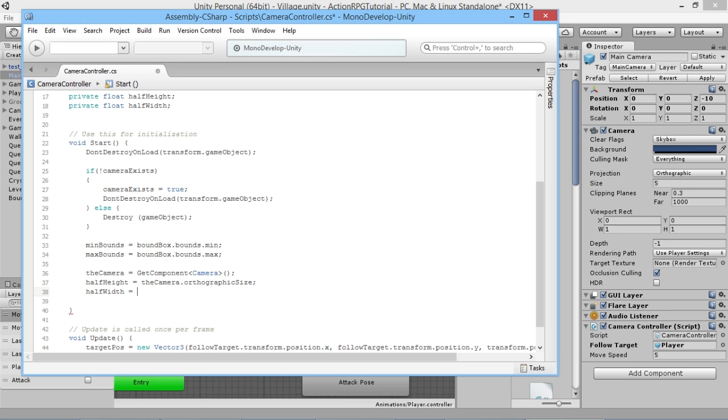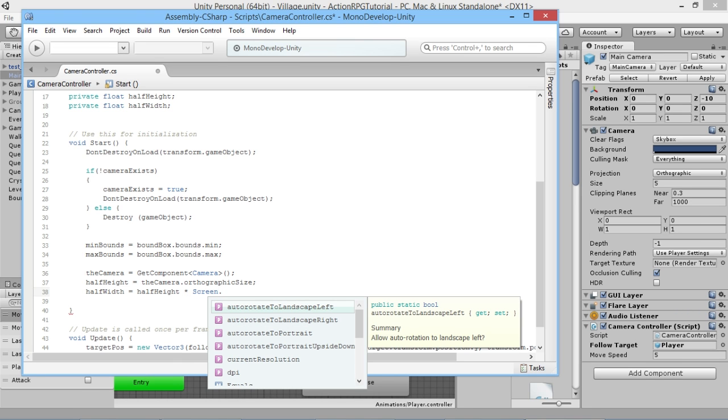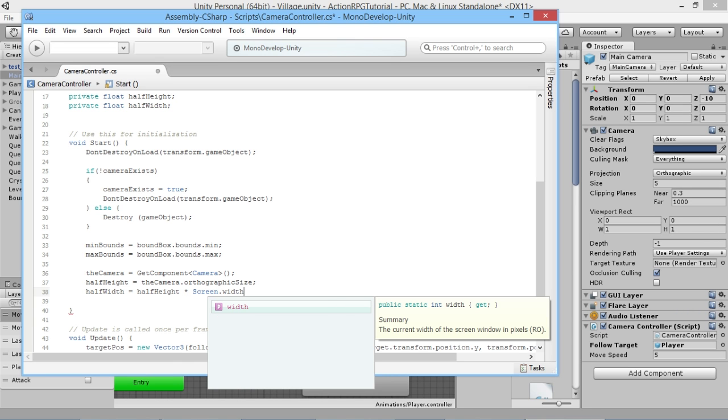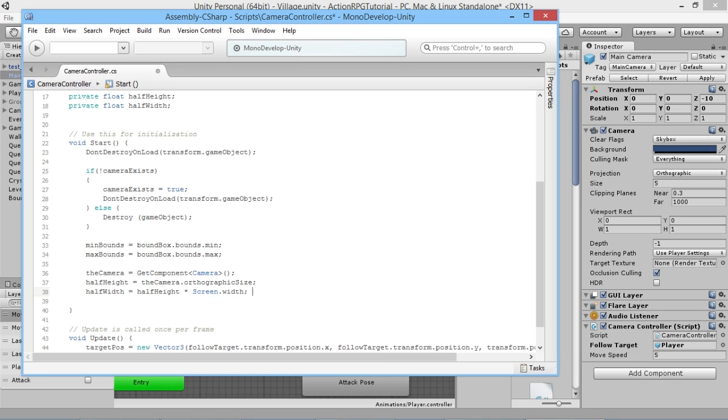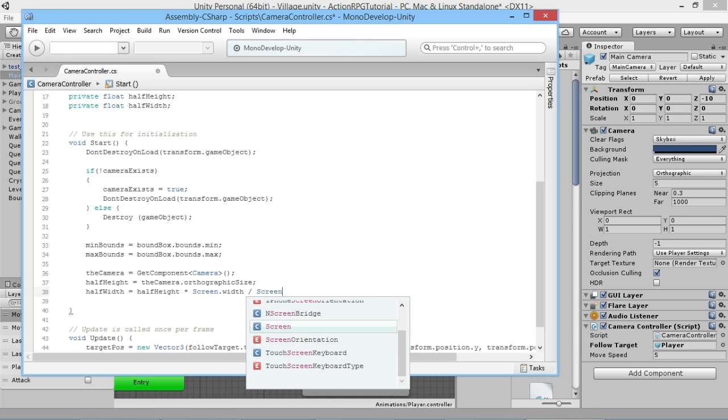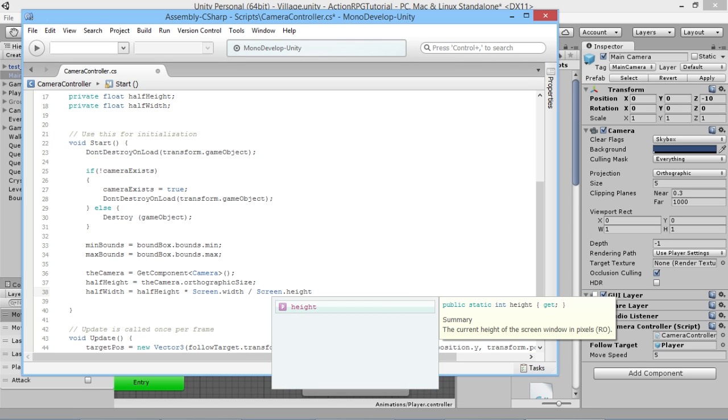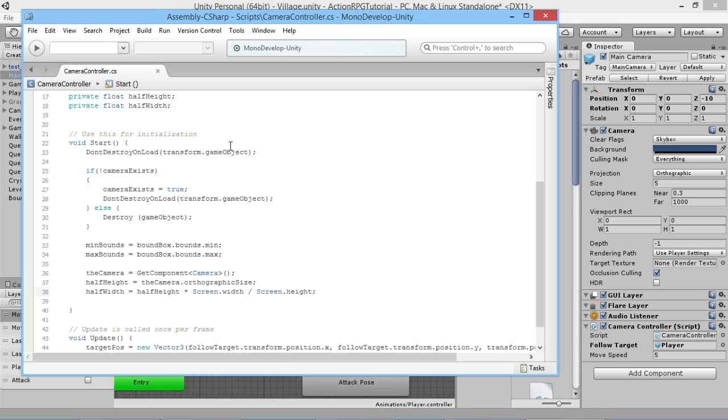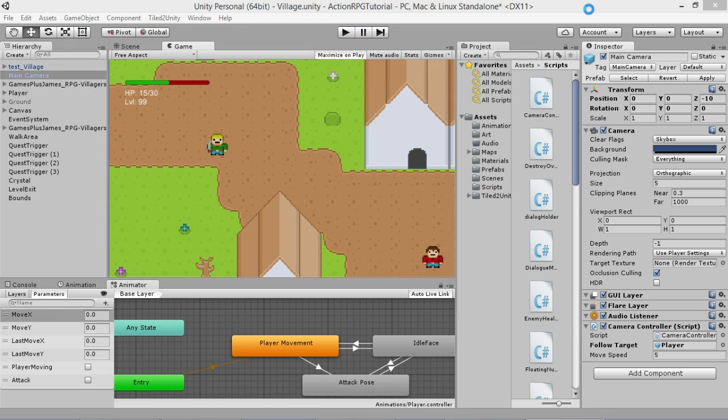So we'll just say the camera dot orthographic size, or we could just say our half height, because we already have that value, multiplied by screen dot width, and that'll tell us what the width of the whole active screen in our game at least. Screen dot width divided by screen dot height. So I'm just going to save this, and we'll see these values in action back in the game. So we'll just let it compile for a second,